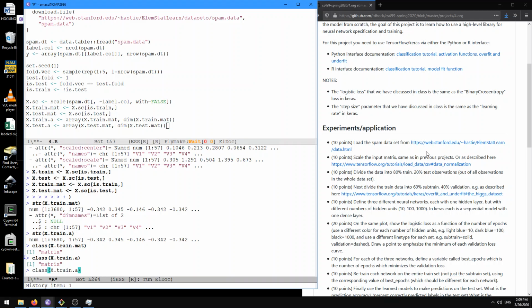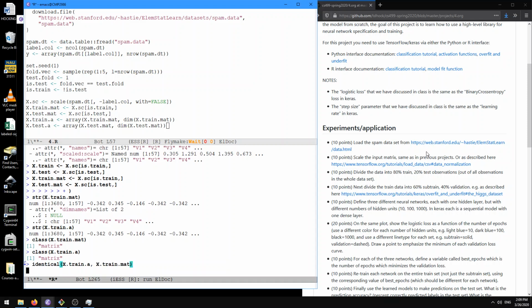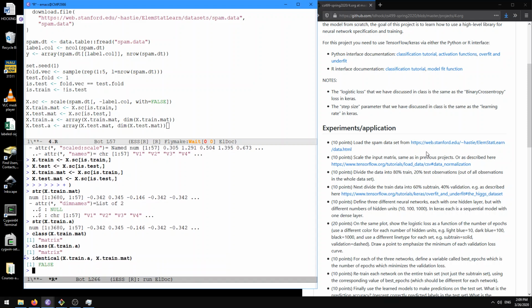And actually, we can test. Is there a difference? Well, there's something different. Yeah, the difference is this dim names attribute. In the matrix, we have the column names which are preserved, these v1, v2, etc. But in the array, the names are suppressed. This is why they're not showing up to be identical. Anyway,